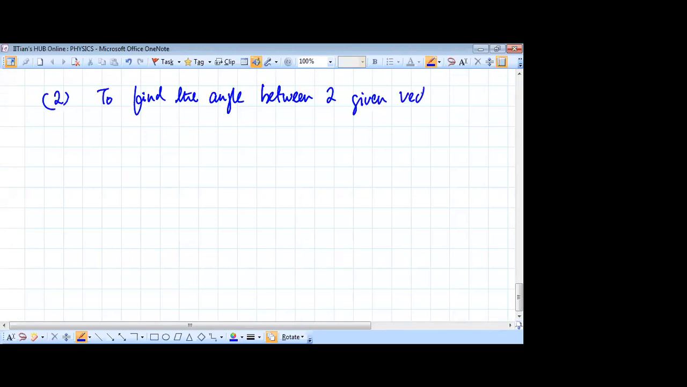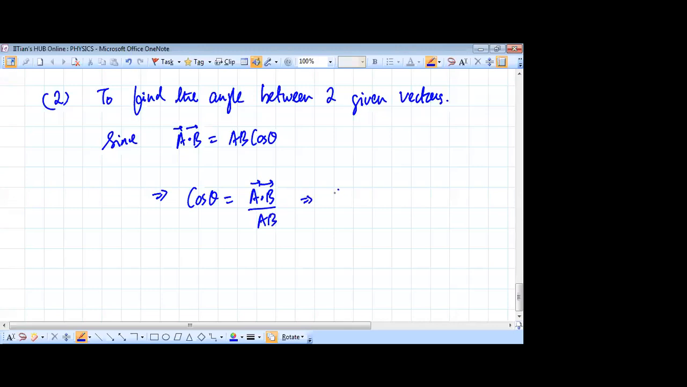two given vectors. So this is also very simple, that since we know that A dot B is defined as AB cos theta, so just reverse this definition. So therefore cos theta is their dot product divided by the product of their magnitudes. So you can say theta is cos inverse of A dot B